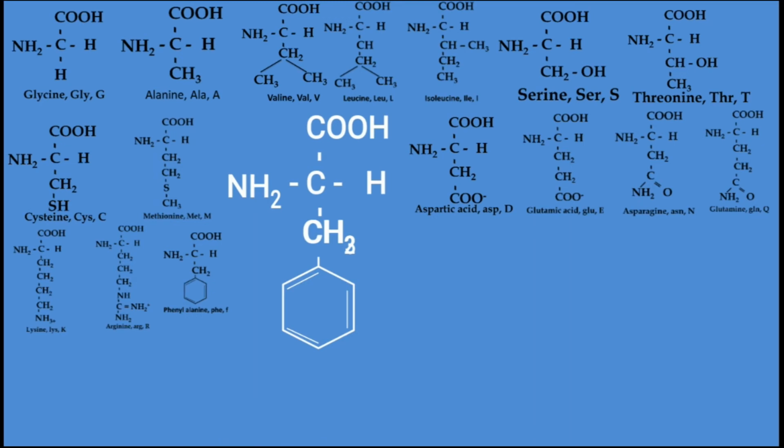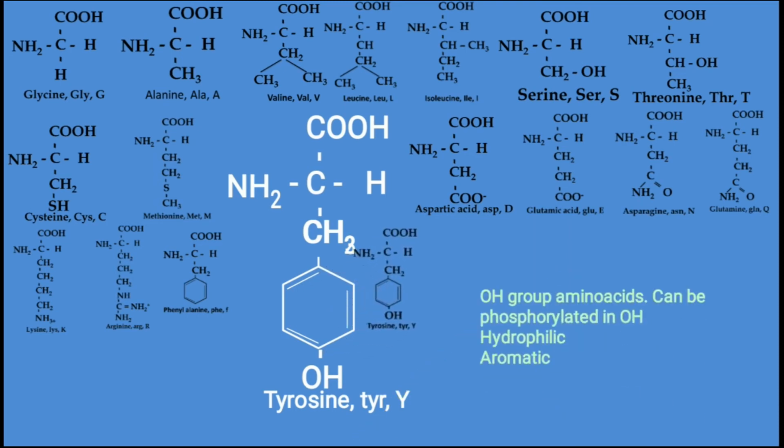Next amino acid is tyrosine. Its 3-letter code is TYR and 1-letter code is Y. To phenylalanine an OH group is added, that means a hydroxyl group, then it is called tyrosine. Already we discussed that the presence of a hydroxyl group enables the amino acid to undergo phosphorylation. So this is the third amino acid which is capable of phosphorylating. So only 3 amino acids among the 20 amino acids are capable of taking phosphate molecules. Those 3 are called phosphorylating amino acids.